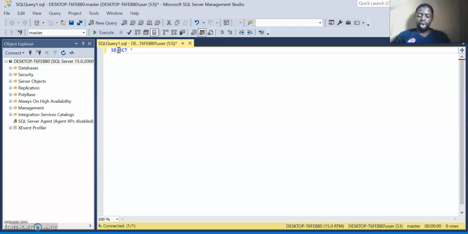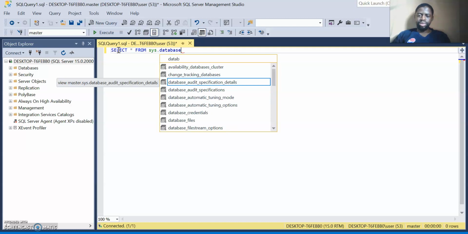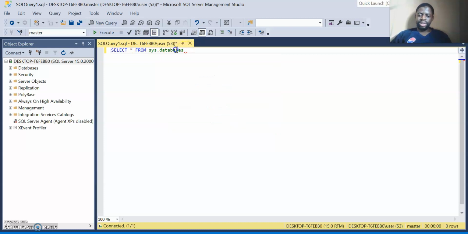So select all from sys.databases, and you can then run this and execute.